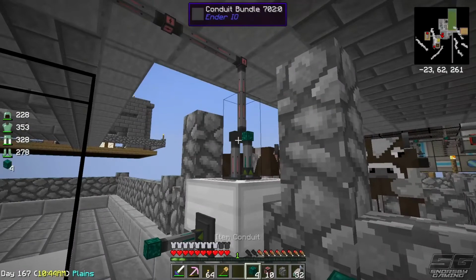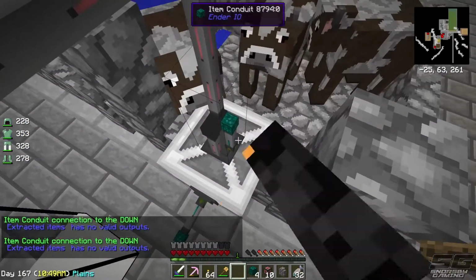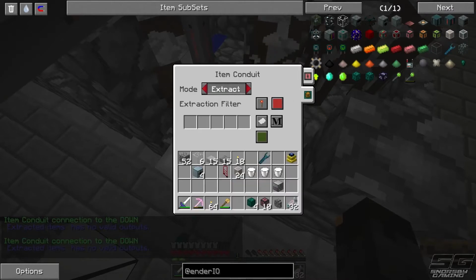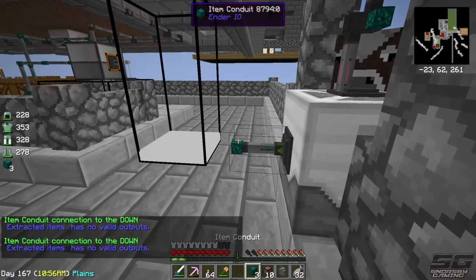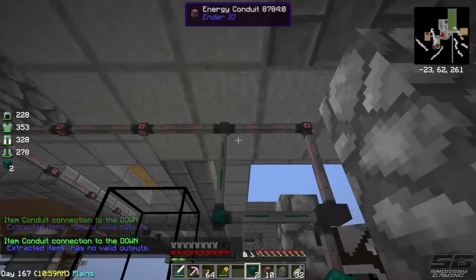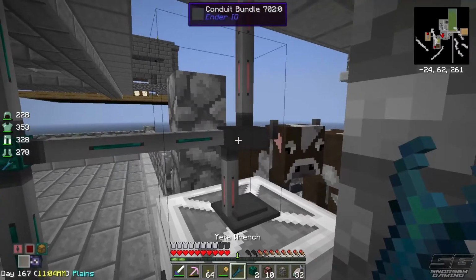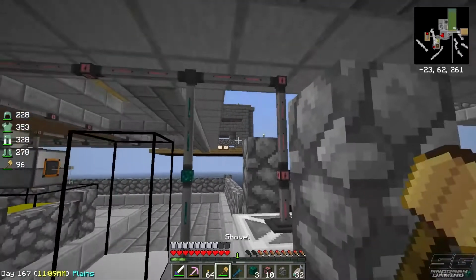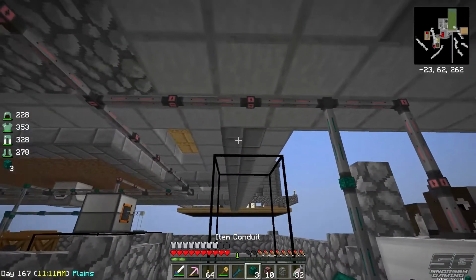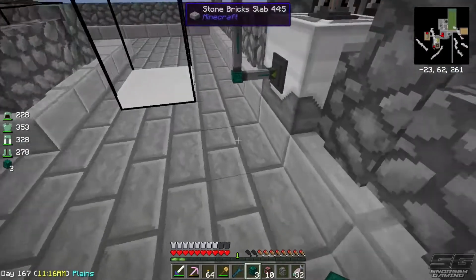Let's route these. And then we'll turn this connection off because we don't need it. There we go. Disabled. This is going to look very ugly. Don't even need that one there because we're going to end up wrapping around the top anyway. Turn that to inventory mode. This is getting very ugly very quickly. Unless we put...